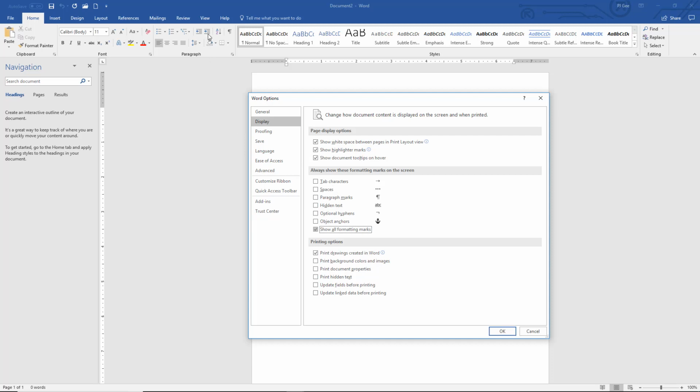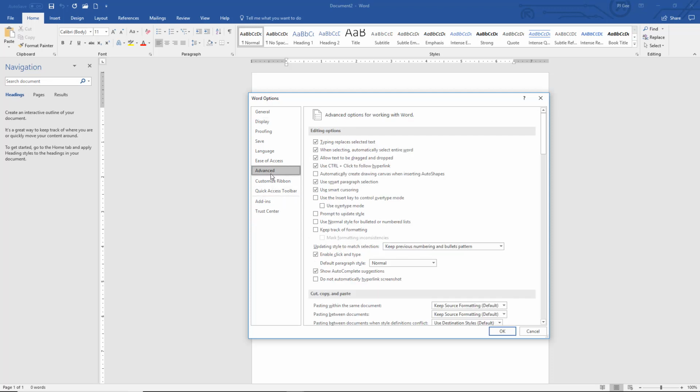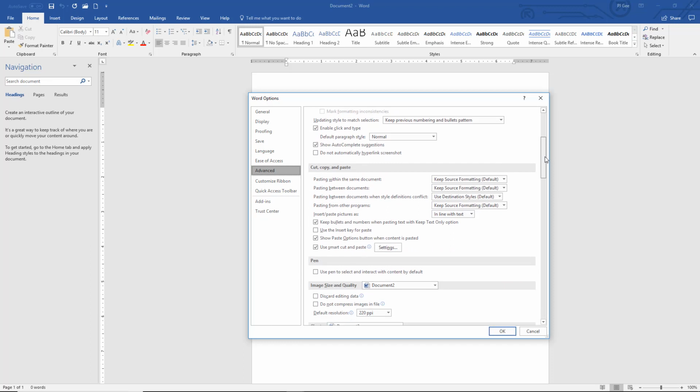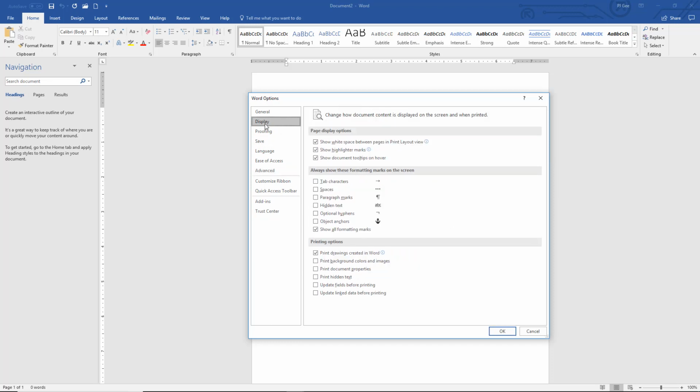And then quite often you can take groups. Usually you use this with bullet points or numbered lists, and you use this indent feature up here, these arrows. Click this right-pointing arrow, and it will indent your information. I'll go over that in this video now that I've spoken about it. But I've turned on formatting marks here, and you also can go to Advanced. And if you scroll down a little bit,